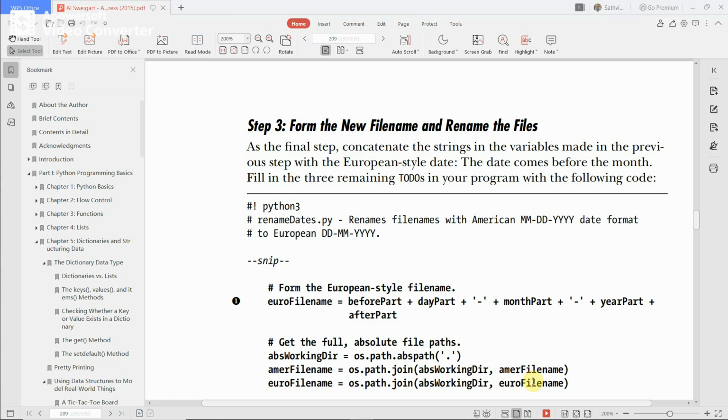And the next part will be the parts after the date part, like time and other information. So totally the European file name format will be created with the day part first, then the month part, and then this European formatted file name is to be added in the place of the American formatted file name. To do that, you need to give